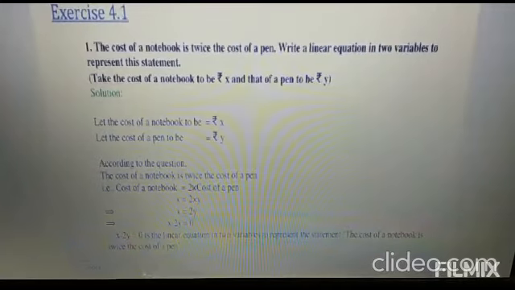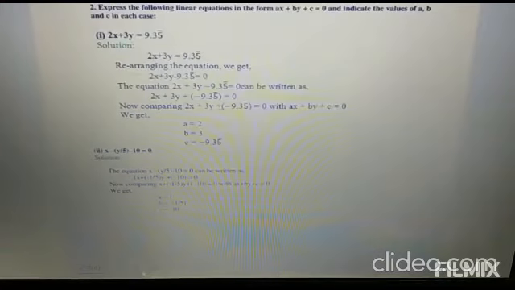This is a multiplication sign, not X. Please don't confuse it. So 2 into Y is equal to X. Now X equals 2Y, and we transpose 2Y to the left, so X minus 2Y is equal to 0, and that is the answer. Okay guys, it's a very easy question. It's just the starting. We will move further to difficult ones.